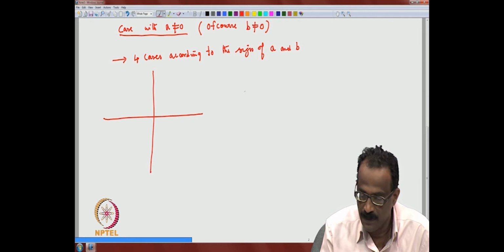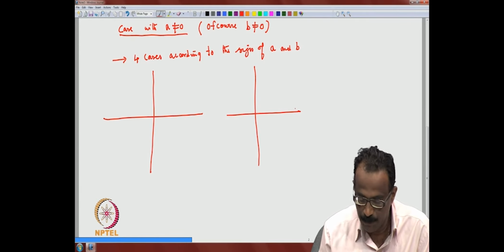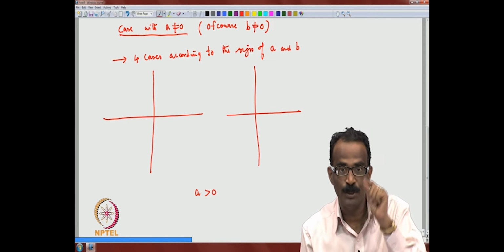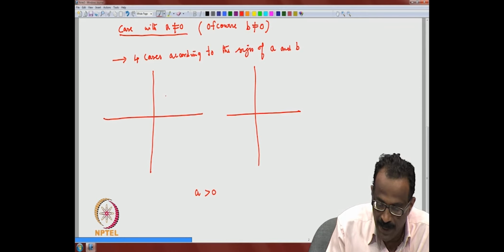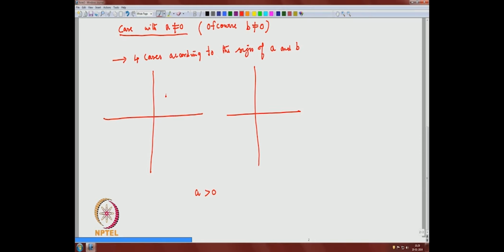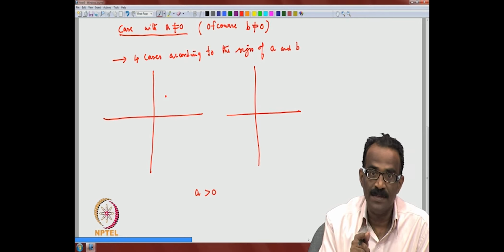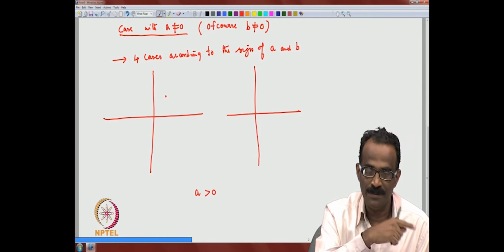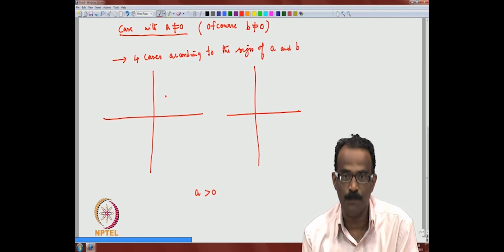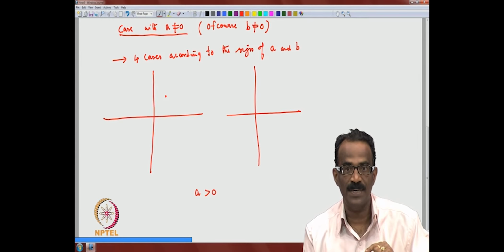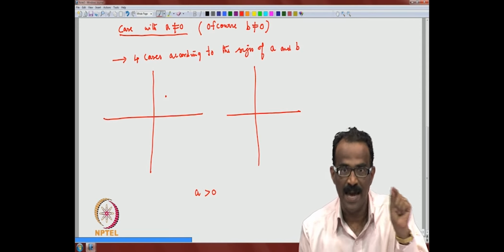The case 1. So we will have 2 cases; first we plot the case when A is positive. When A is positive, the amplitudes are increasing. So if you are starting from any point here, it will rotate, but the rotation can take place in such a way that the amplitude becomes bigger and bigger in both cases. The only thing is whether it will rotate clockwise or anti-clockwise. So there are 2 options for A positive. The rotation can take place in the clockwise direction and the rotation can take place in the anti-clockwise direction.